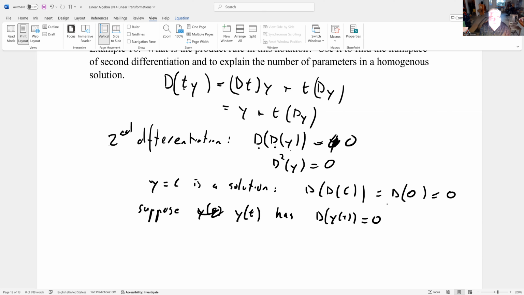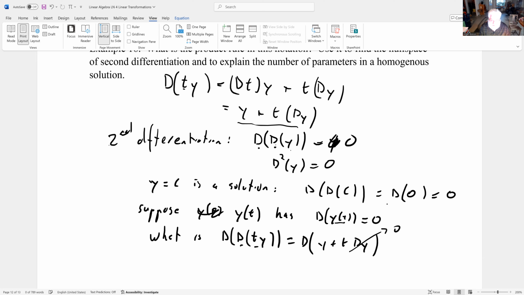Suppose something is in the null space. So what's the second derivative of t times y if y is in the null space? Well, that's the derivative of t times y, which is this. But this is 0 because we assume that y was in the null space. So it's d of y, but that's 0 because y is in the null space. So the nice thing about multiplying by t